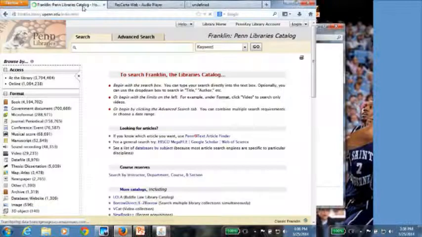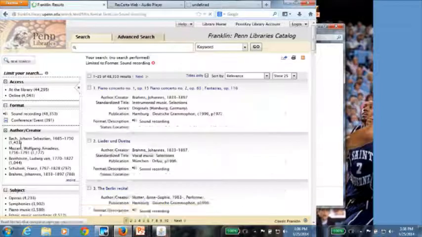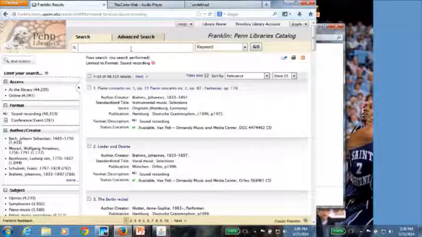So this is the discovery system. It should look fairly familiar to people. And just to start things out, I will go with an example that's close to my heart and look at sound recordings. And now let's browse by subject for rock music.